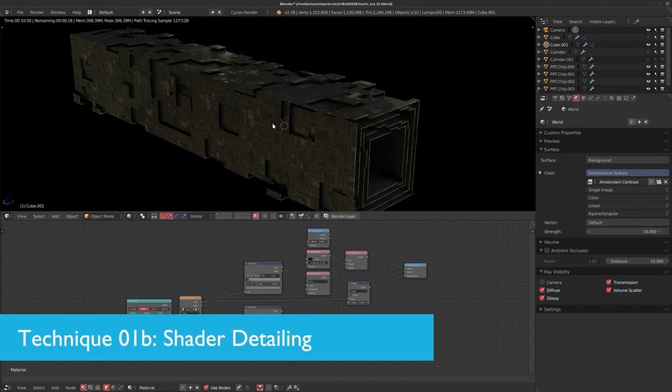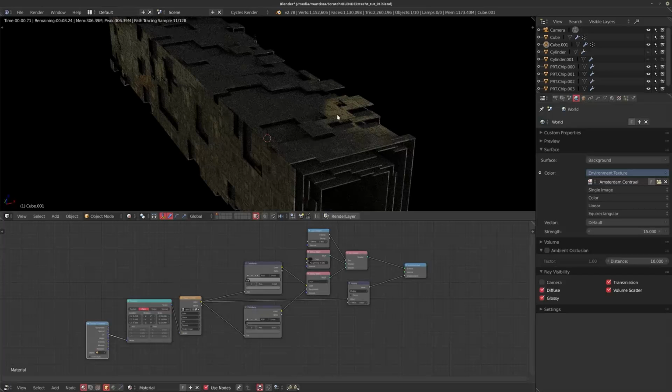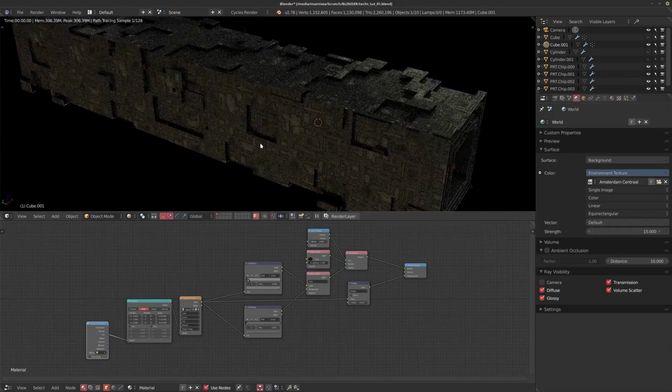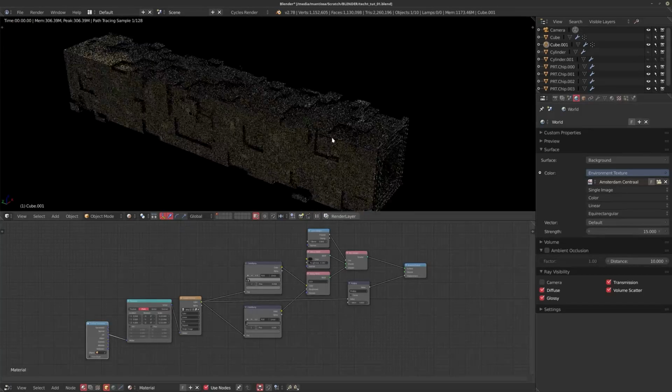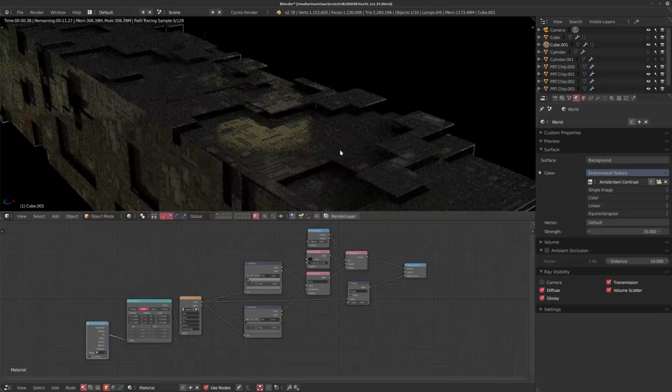So for this video, I'm just going to have a very quick look at the shader that I created for this tunnel, and then after that at the shader that I created for the object in the middle. Now, these are sort of two different ways to approach the same type of look, and I just want to show you both ways you could do it.